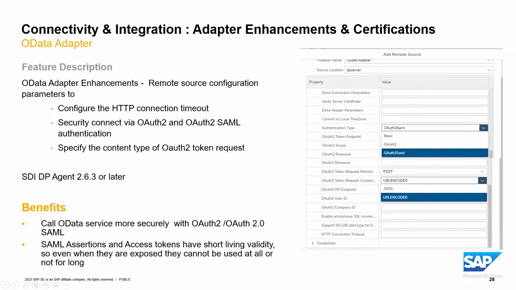The next enhancement is for the OData adapter. With the OData adapter, we added multiple options in the OData remote source configuration. This is not dependent on the DP agent because the OData adapter is directly available at the data provisioning server level, and it is available on HANA. You don't really need any update for the agent; I mentioned 2.6.3, but technically this is available on the DP server. So what we have done in this enhancement is we have added